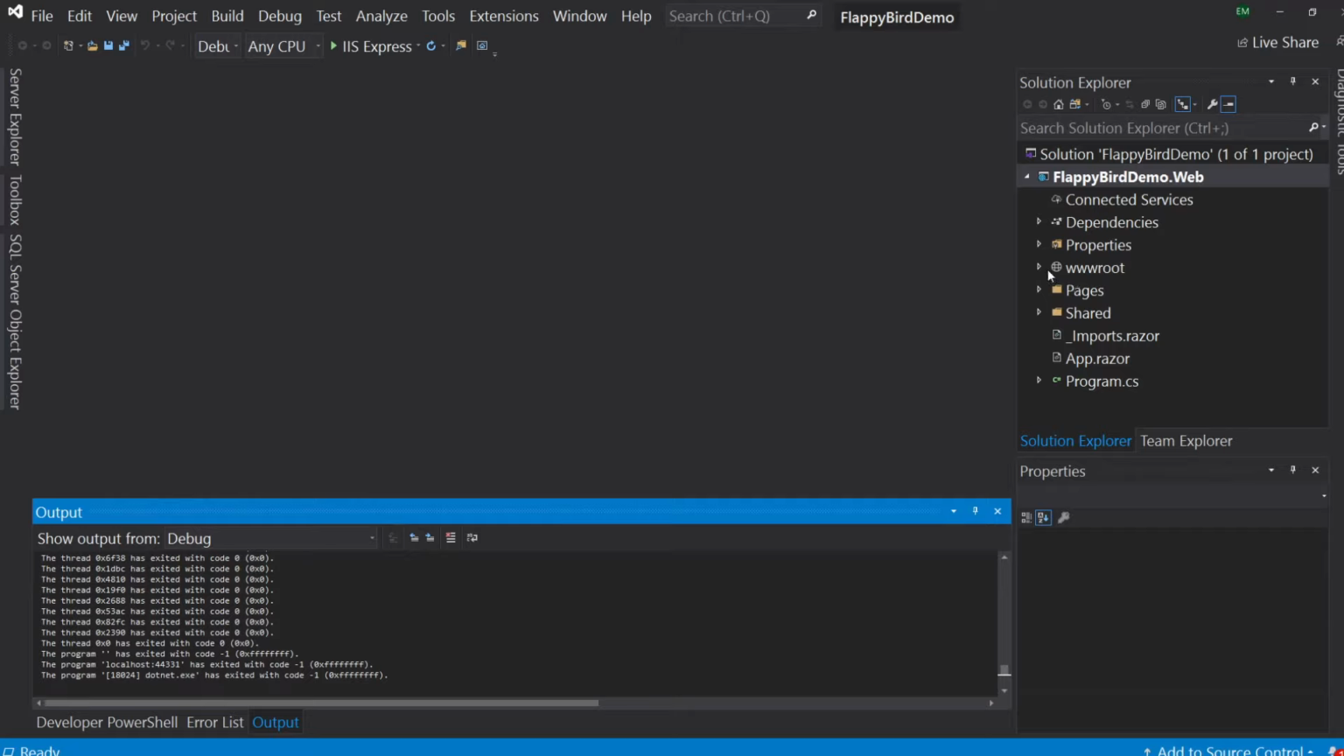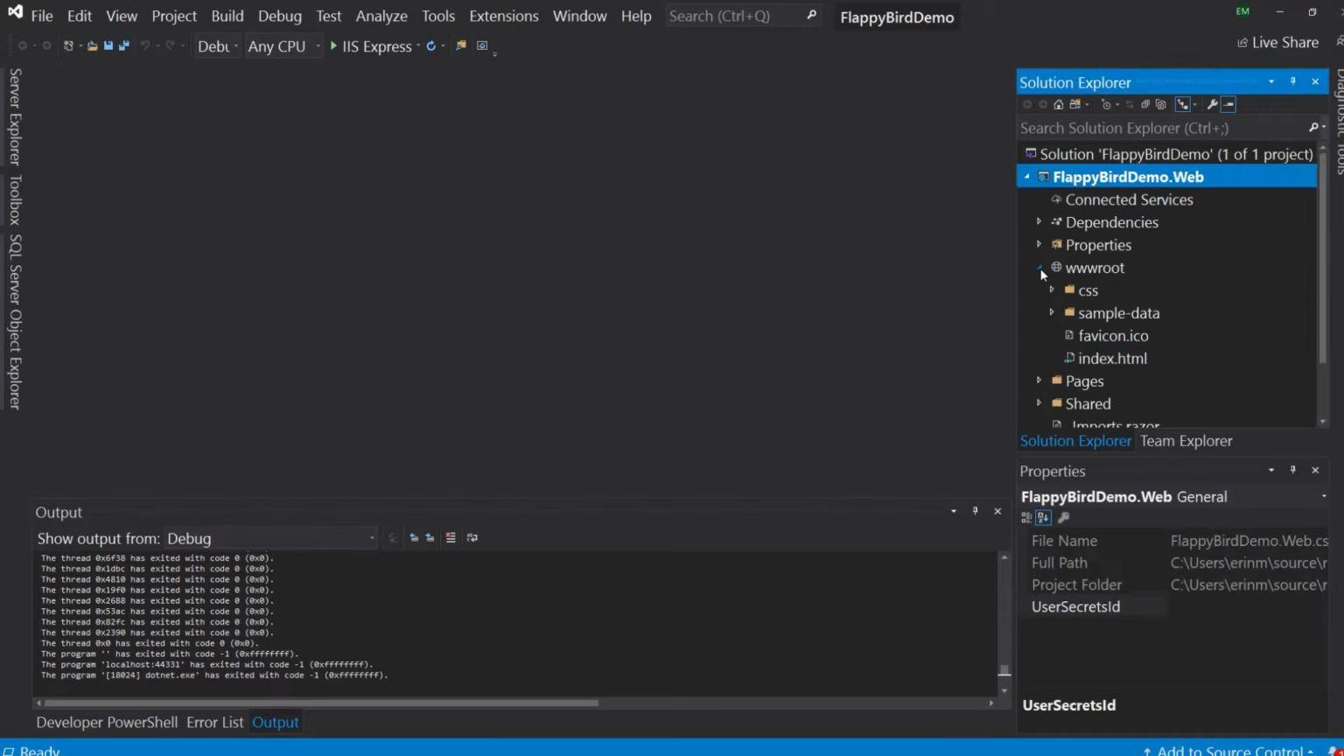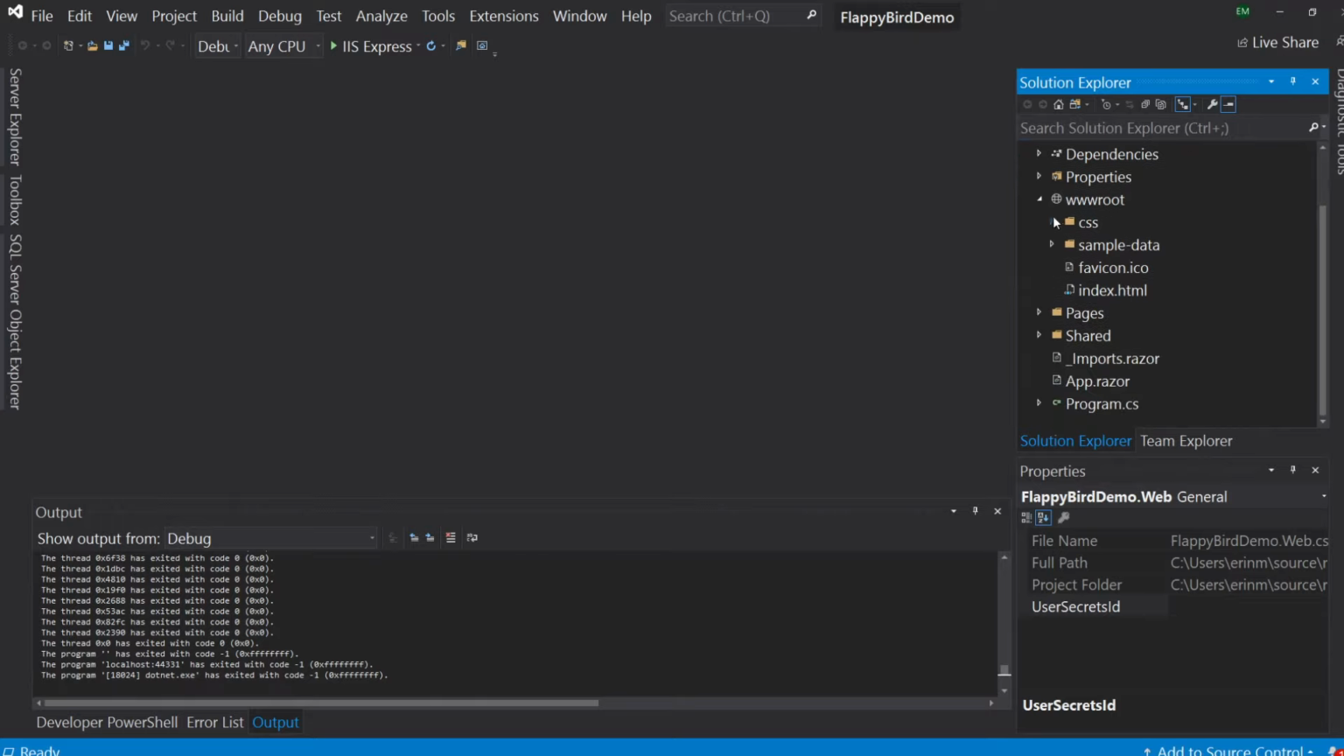So the first thing that I want to do for this, so that we are really starting from the ground up, is to just delete everything that we don't need. The Blazor template comes with a lot of stuff. So let's go ahead and we're gonna go through this project and delete the stuff we don't want. So